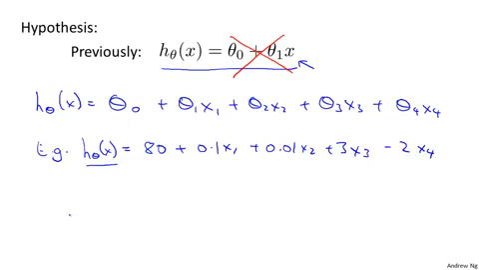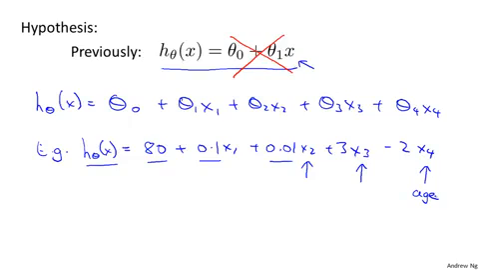This is saying that the base price of a house is maybe 80,000 plus another 0.1. So that's an extra $100 per square foot. Plus the price goes up a little bit for each additional floor that the house has. So x2 was number of floors. And it goes up further for each additional bedroom the house has, because x3 was the number of bedrooms, and the price goes down a little bit with each additional year of the